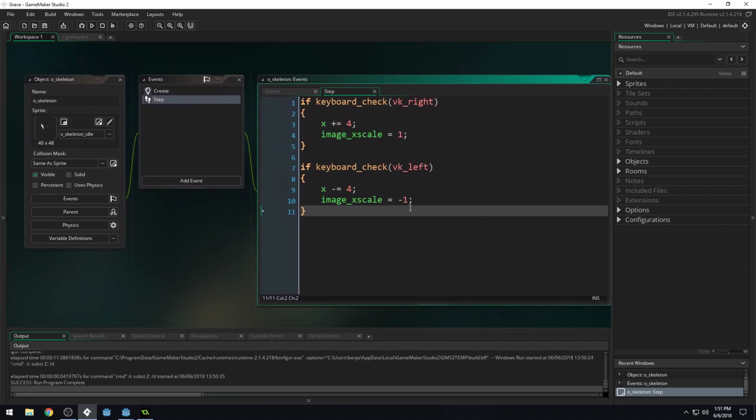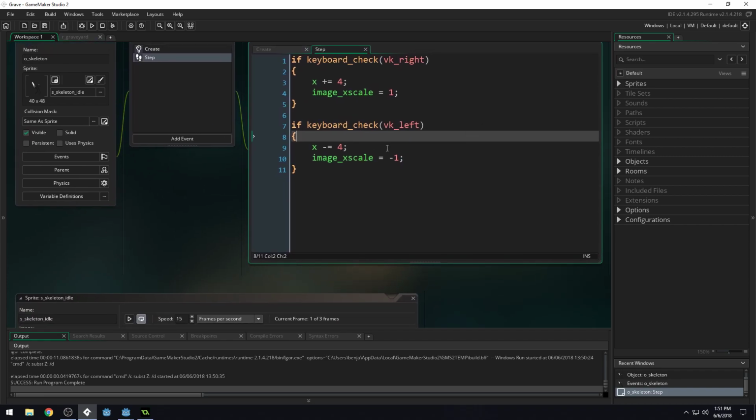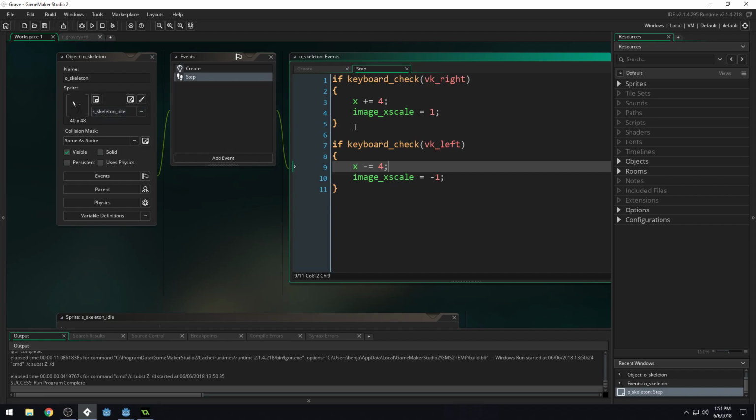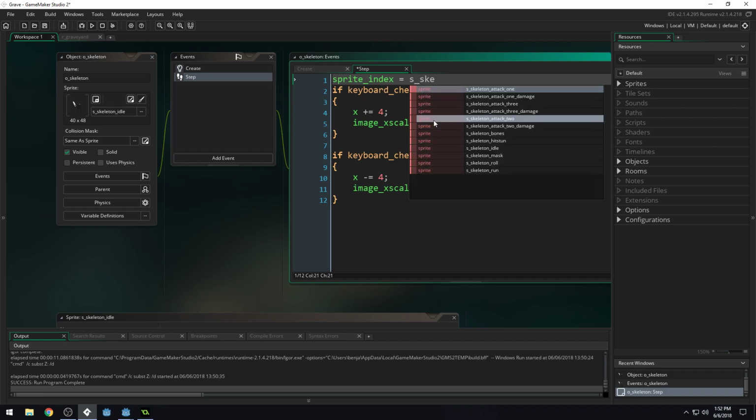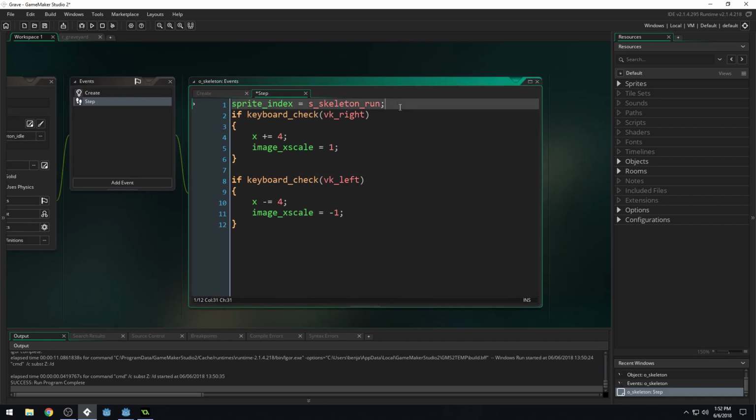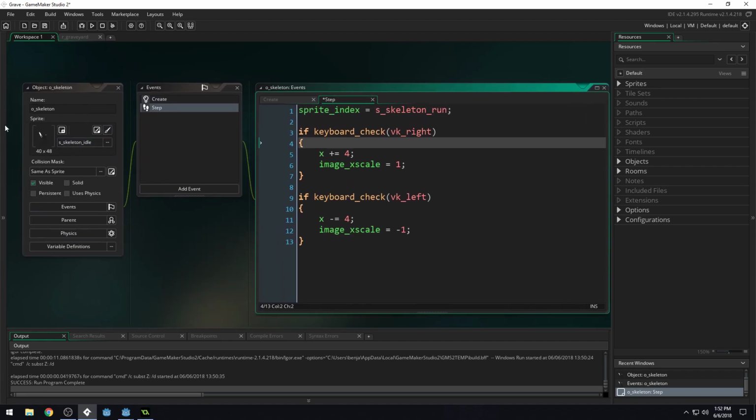Very first, we're going to introduce the animation. Currently, we have our sprite set to skeleton idle. So this is how you can change what sprite is assigned to this object while your game is running. We'll just say sprite index equals s skeleton run right here, and then put a semicolon. So sprite index is whatever sprite is assigned to your current object. This is the assignment operator, so we're saying assign our skeleton run sprite to our sprite index of this